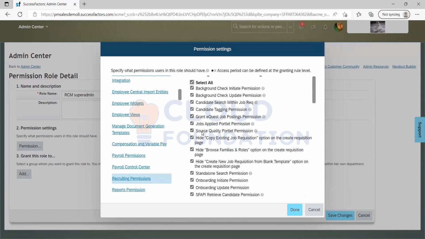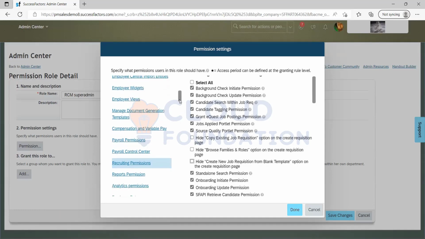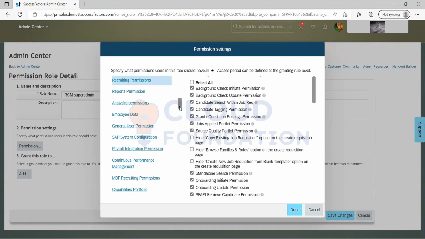Make sure you disable these three because it actually says hide. Since you need all this access, you have to disable this. You don't want it to be hidden, right? You want all these things. Normally we make this mistake, so just make sure you select that, unselect it, and then